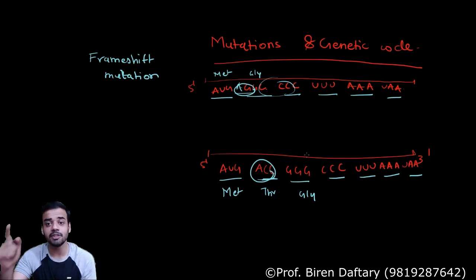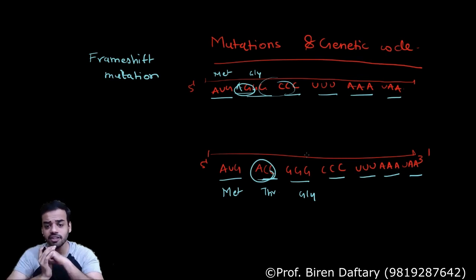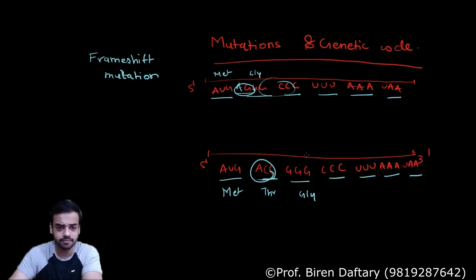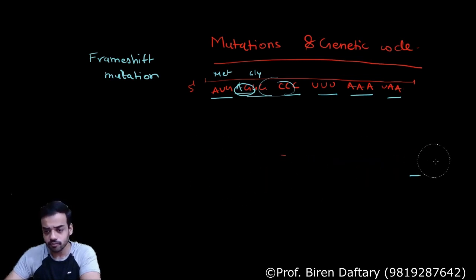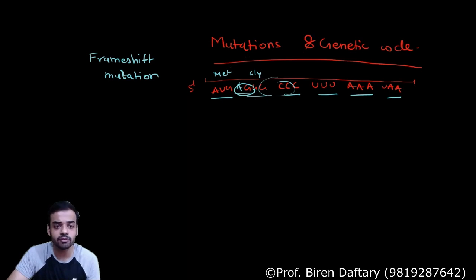Point mutation is because of only one nucleotide. It can be anything, insertion, deletion, anything. Can you give me an example of point mutation? I just remembered we have studied this. So we have been talking about point mutation. Point mutation is the mutation when there is a change only in one nucleotide.